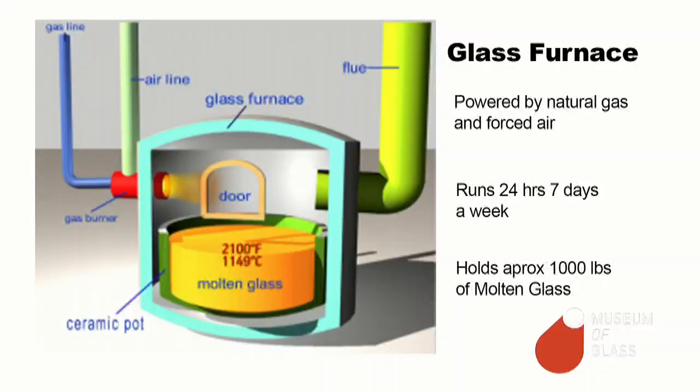Everything that we do starts out in our glass furnaces. The glass furnaces are the ones where you see the square holes in the steel wall and the doors closed. Behind those doors, it looks like what you see up on the big screen. So each one of our furnaces has a big ceramic tank, and in that ceramic tank is 1,000 pounds of molten glass. We keep the molten glass at 2100 degrees, and at that temperature, the glass has the consistency of